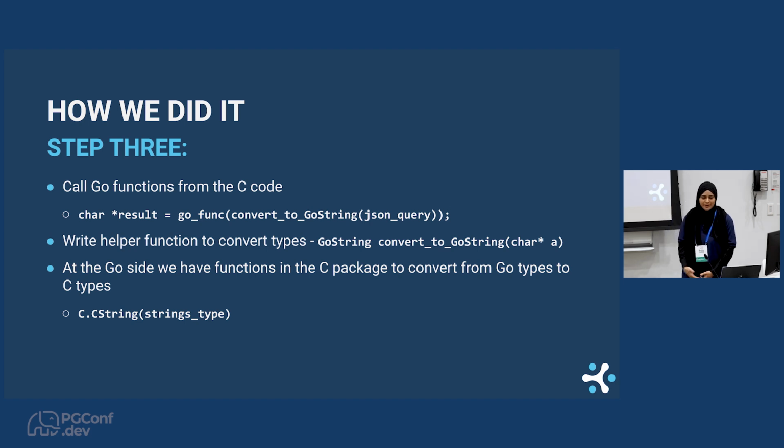So for example, when we want to return any data type, or we want to convert it, in Golang we have strings. So we want to return that string to C code. Then we don't have to write anything, because we already have C.CString in the C package. This is a function which you can just call, and it will convert your Golang string into the character array, which can be easily manipulated by, or can be read by, your C code. So it's just one way that we have to do.